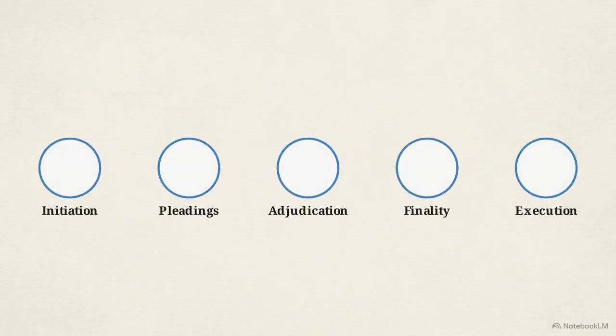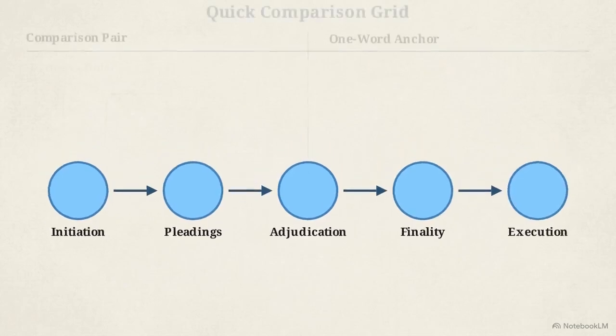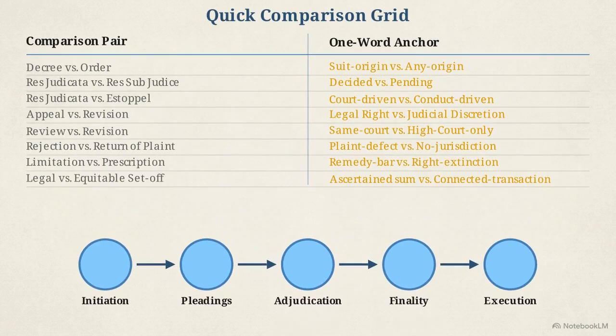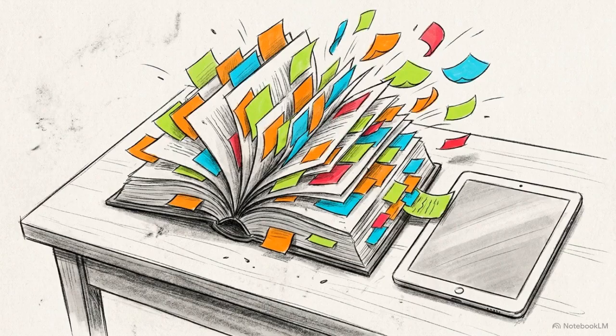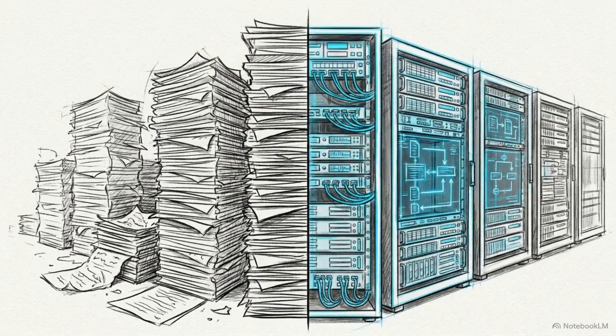This flowchart illustrates the suit pathway. Every civil dispute moves through exactly 5 sequential nodes: initiation, pleadings, adjudication, finality, and execution. Identifying the specific binary anchors and mnemonic triggers at each stage reveals how the code transitions between these nodes. Mastering this algorithmic approach eliminates the need for brute force memorization. By understanding these structural mechanics, you convert a dense syllabus into a predictable, highly retrievable framework for both exams and